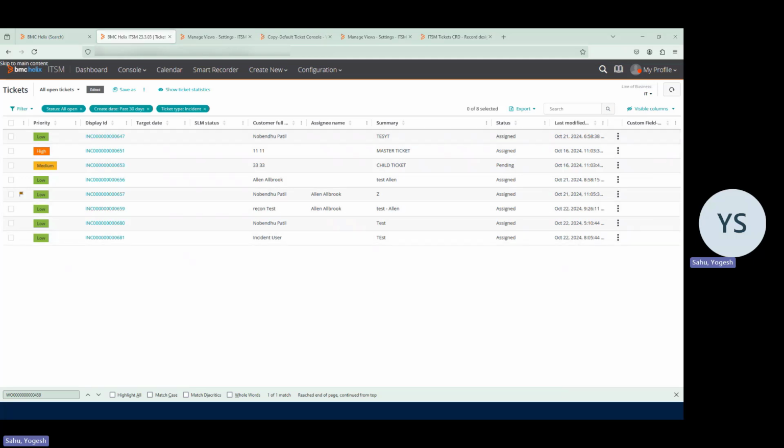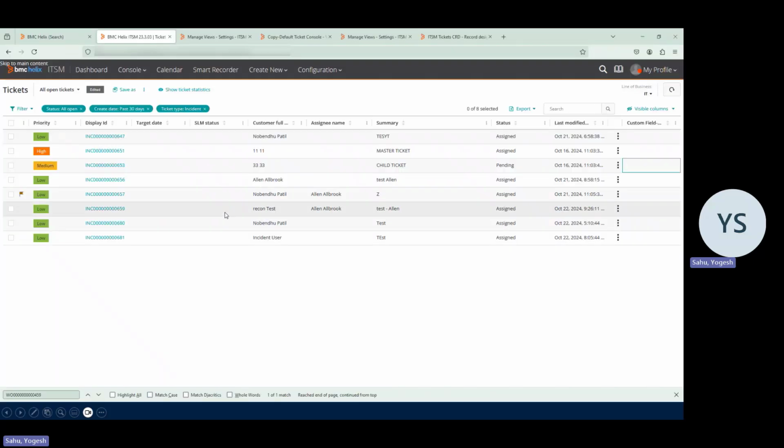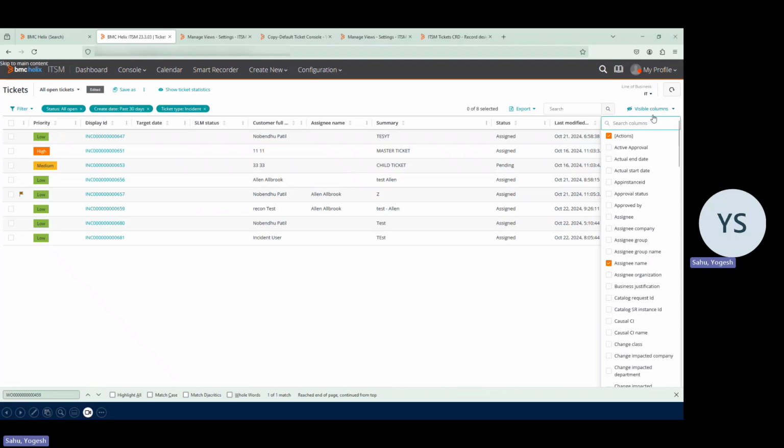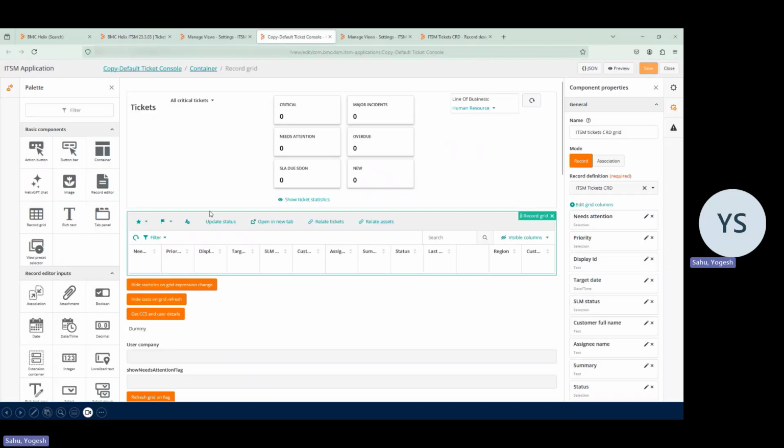Now, the next thing we want to discuss is adding a field to a preset or any other changes. As we just saw, there are many fields available for selection, but very few are selected. So in case I want more fields to be selected by default, so that would be applicable for all the users, or maybe if I want to change the qualification, then I have the option to edit the preset from the same ticket console edit mode. So I'll go back to that ticket console